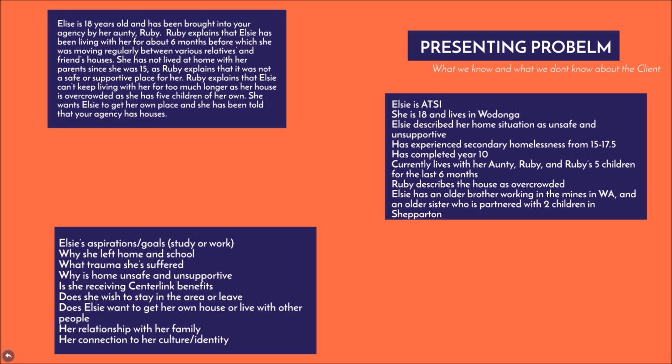It's also important to consider that Elsie is a woman, and women are more likely to access services, and family violence is the main reason that women access services. Trauma may be another area to consider when working with this client. Elsie may have impaired social functioning. Potential impaired development is also something to consider. We need to understand how much change is being presented to this client and if this is going to be a worthwhile solution for her. We also need to make sure that we're using a trauma-informed care approach to practice when working with this client to get the best results for the client.